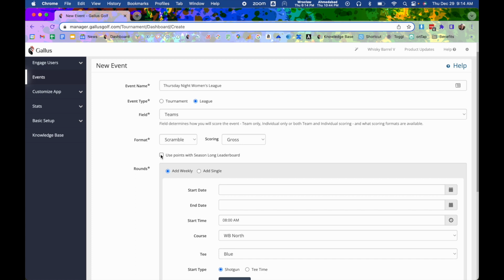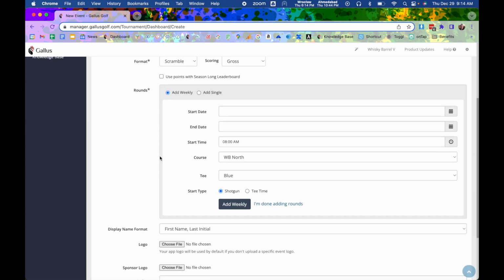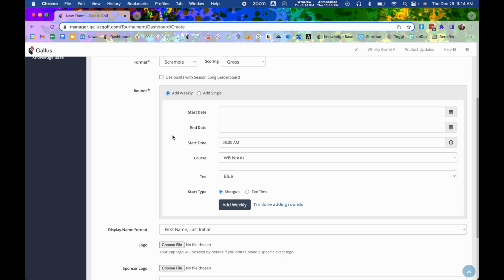Now we're going to add our rounds. So you have 2 options to add rounds. You can either automatically generate them based off of a start date and an end date, meaning like I could